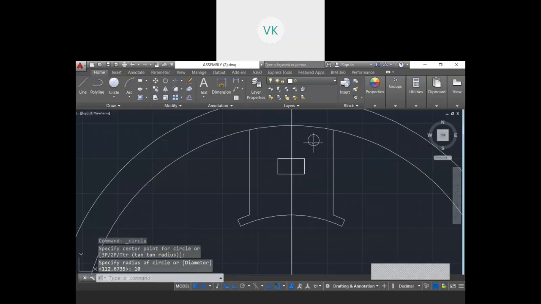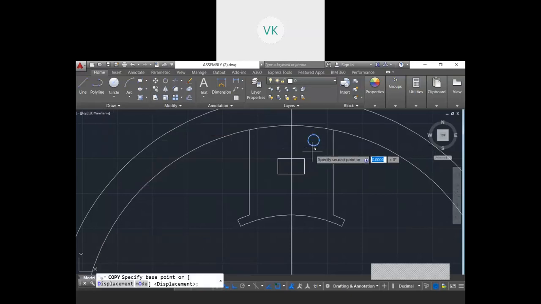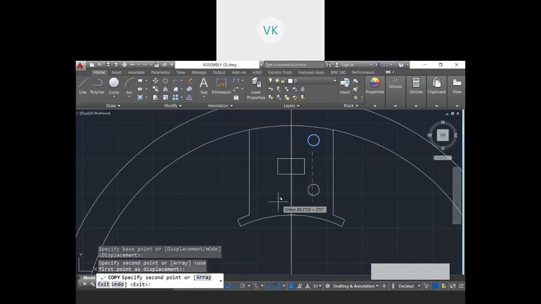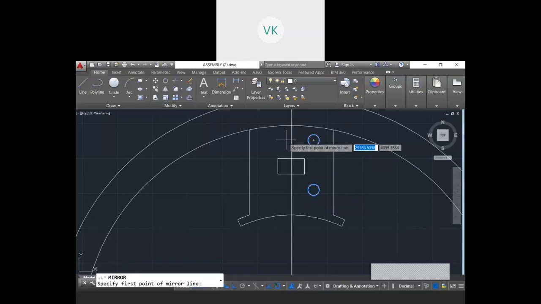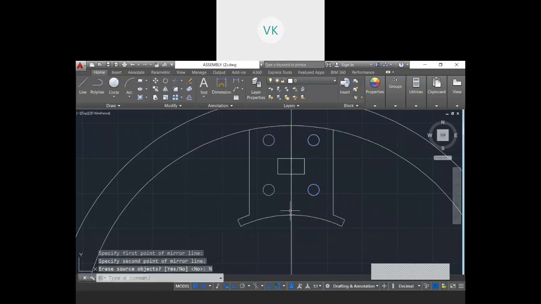Then I will copy, I'll paste it here. Then I will copy both circles and do a mirror image. So try to make use of mirror image copy, because the placement of the rivet holes will be exactly equal if you look at the right half side or left half side. So that's an important thing here.